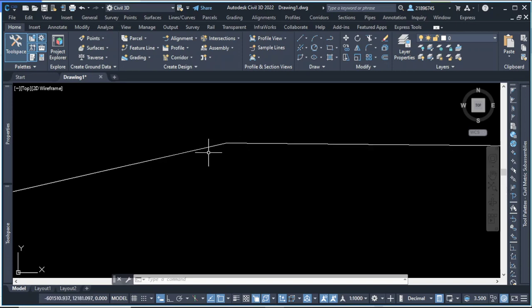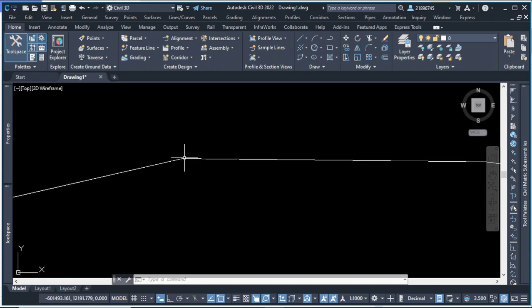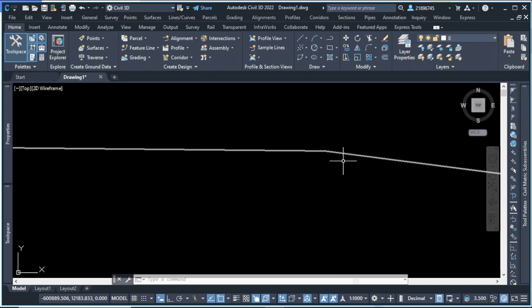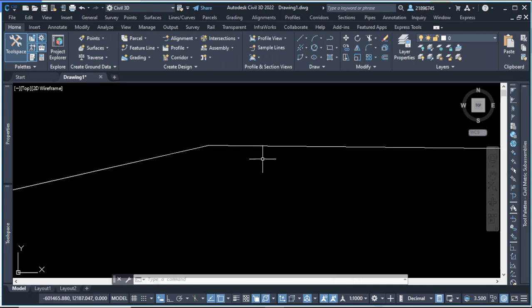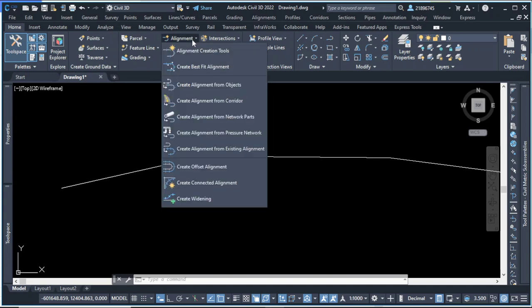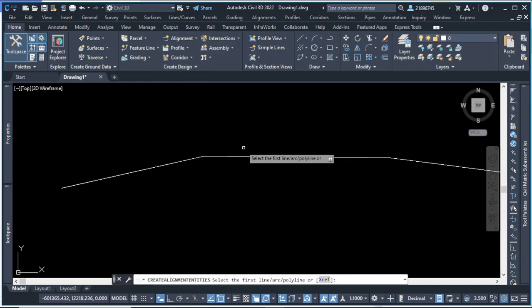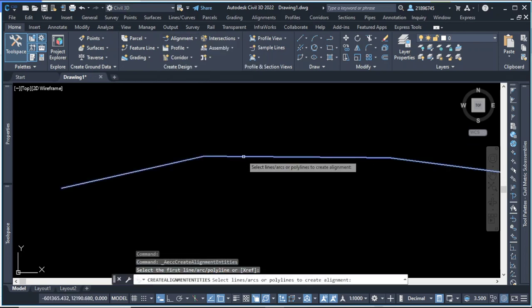For example, the alignment does not ideally work on the sharp corners, so it usually gives a curve. So we just go to the alignment, and want to make an alignment from the object. So this is the object, click here, then enter, and this is the direction that you are following. So enter,